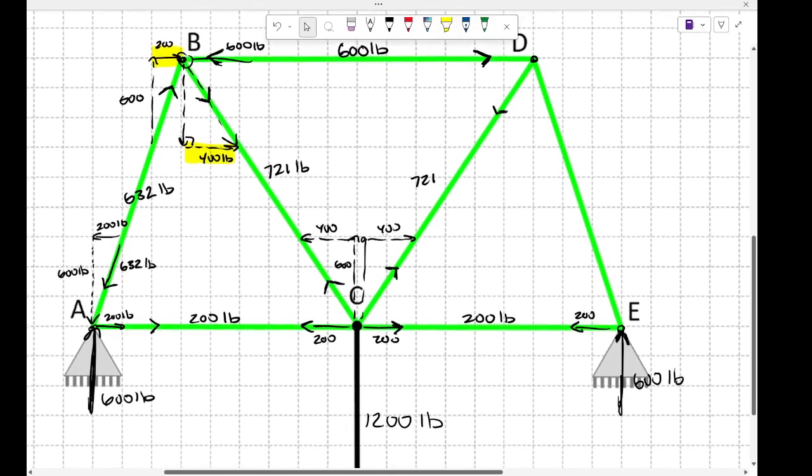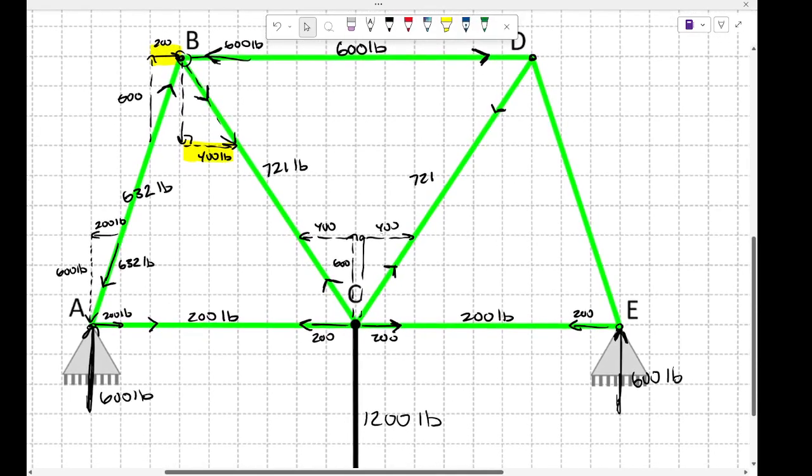So we're starting to piece it all together. Now, you might guess that DE would have to be 632 pounds as well. You see the symmetry there. Well, and again, it would have to